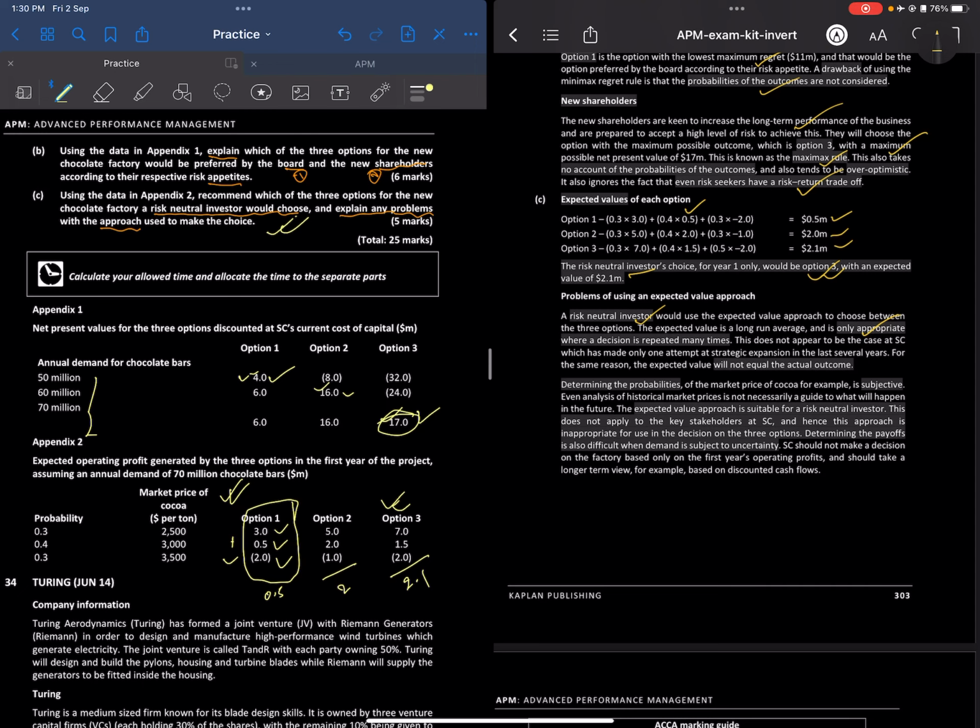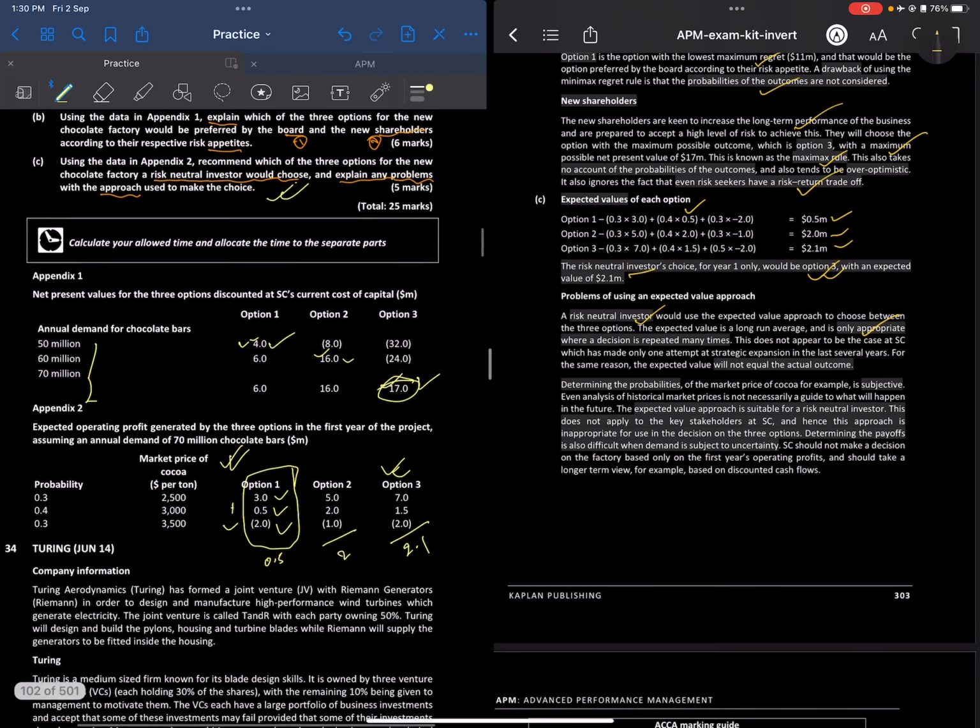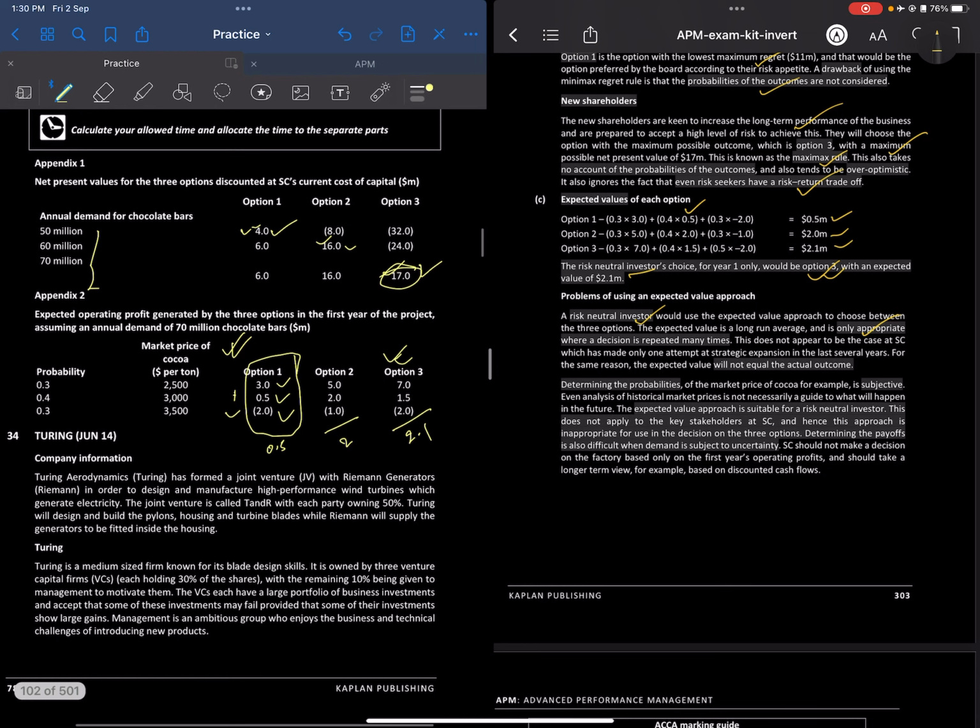As this is a strategic decision, a strategic expansion decision, it's a one-off event, right? So it's only appropriate for repeated decisions, repeated many times. So this could last for several years, and the expected value will not equal the actual